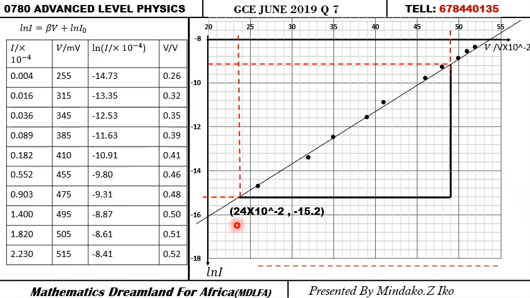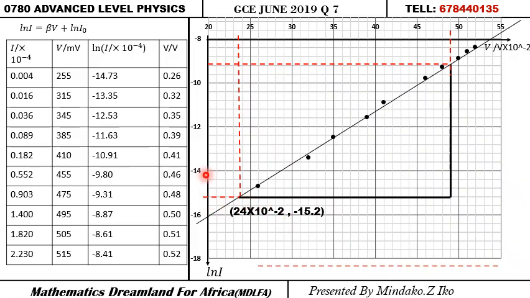let's read these other values here. You notice that here it is just from 20 to 25. So you notice this is 21, 22, 23. I can actually choose 24 because this line is closer to 24. So I'll have 24 times 10 to the minus 2, which is here according to the axis, comma,